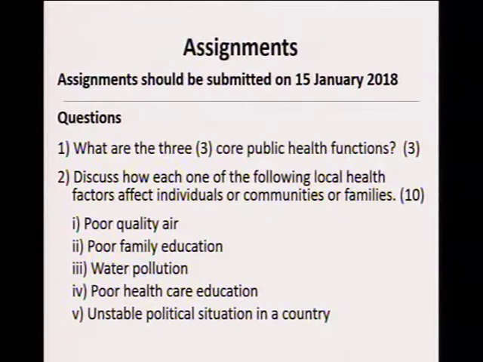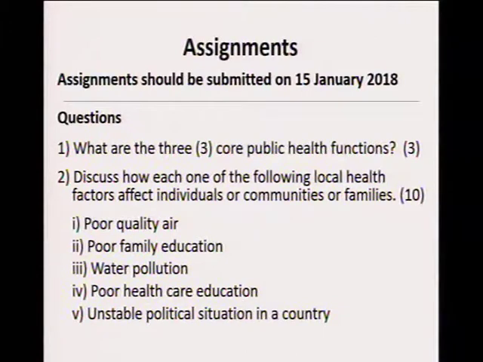What is expected from you is just to discuss how each of the following factors affect individual or community or families. The first one is poor quality air, and poor family education, water pollution, poor healthcare education, and unstable political